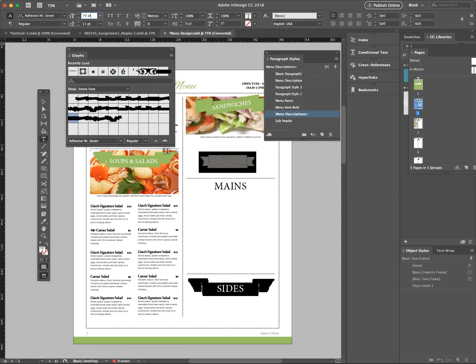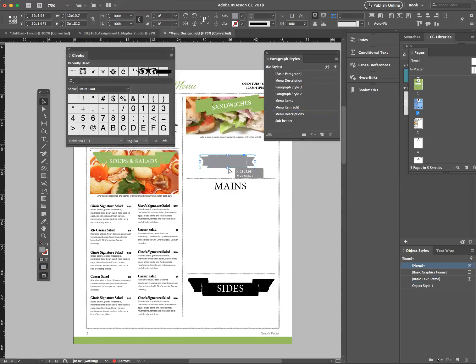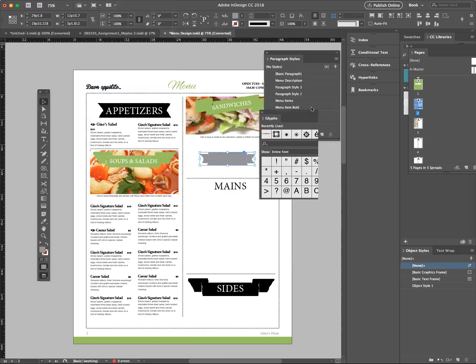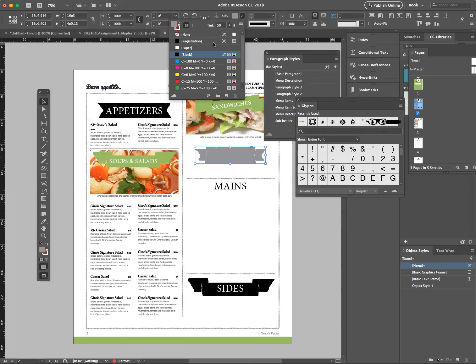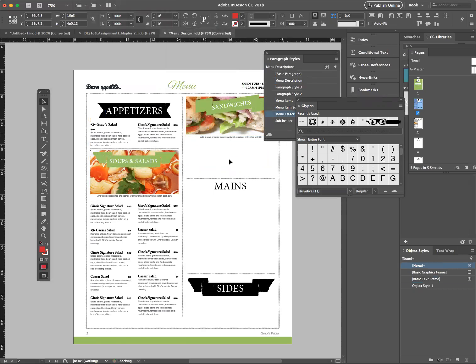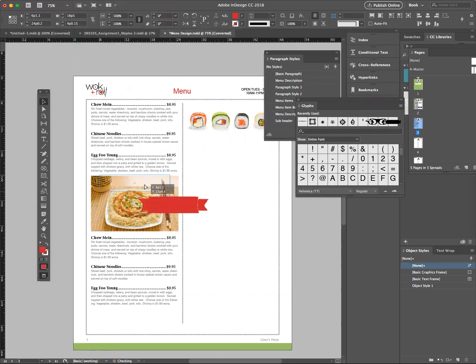Once you select the banner that you want, go to Type, Create Outlines. And now that makes it no longer editable with the Type tool, but now I can play around with it like it's a vector or graphic image. So now I can position it. I can also give it a different color. So if I'm Walk and Roll, I'm going to want my banner to be red, and I'll just go down here. I can position my banner over my picture to add some extra